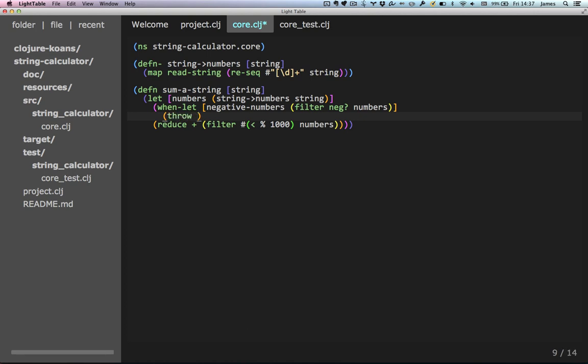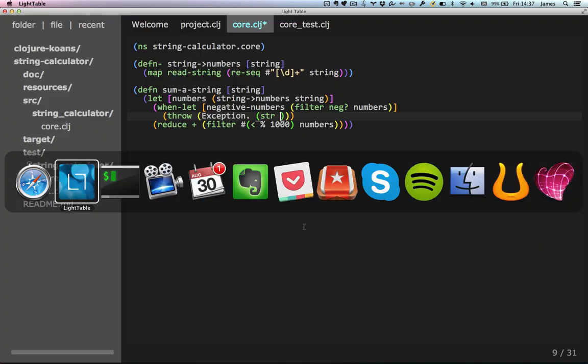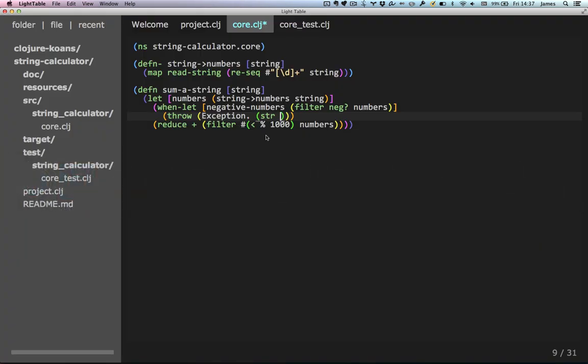So throw, no, we didn't know about that one, exception, and then we're going to pass in what was the message that they wanted. Negatives not allowed, colon. Negatives not allowed, and then we want the list of negative numbers. Great. And then,